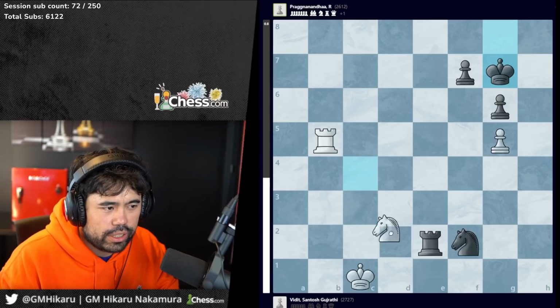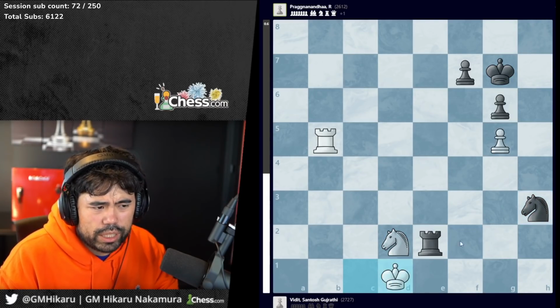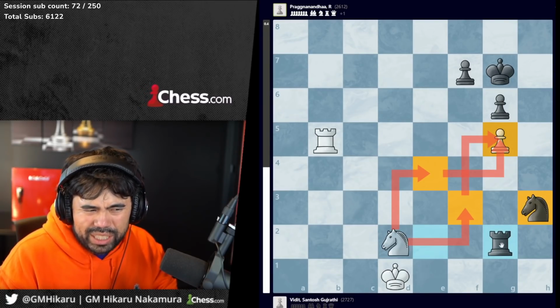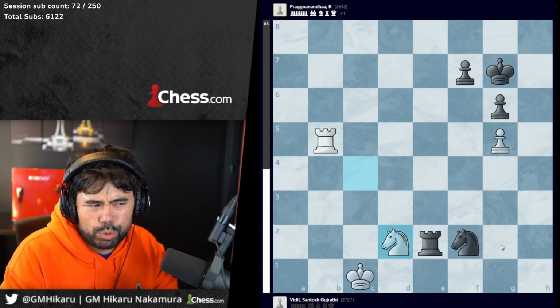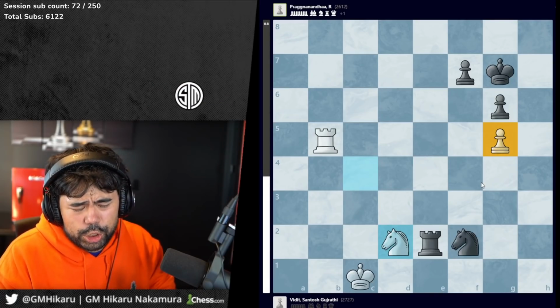or sorry, actually after knight to f2, if I go like knight h3 and then I try to go rook g2, I'll just make some random moves. White can always go knight to e4 or knight to f3 to guard the pawn. So even though it looks like this pawn on g5 is super weak here, it's actually very hard to attack the pawn. So in this position,